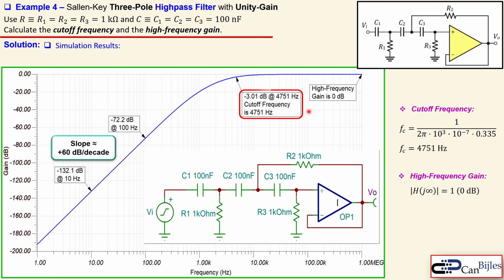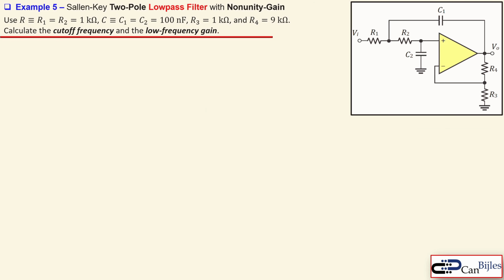Now the cutoff frequency is also shown here, which is then 4751 Hertz, as we have calculated, thus checked. And also the high frequency gain is here 0 dB. Okay, that's all verified. Let's now go to the next example, example number 5, where we have now the two-pole